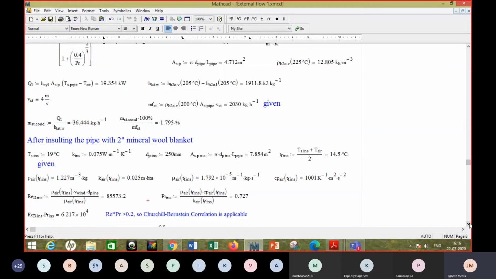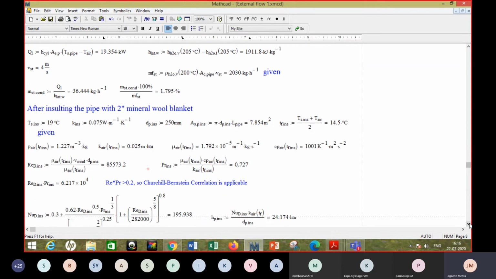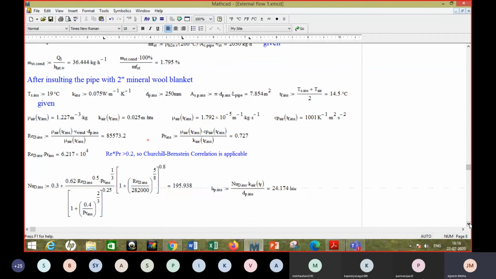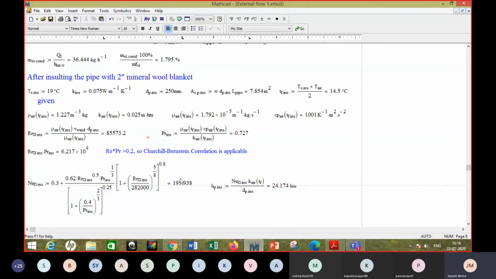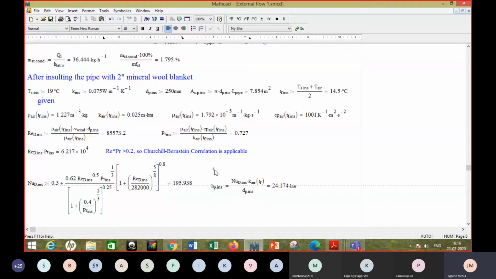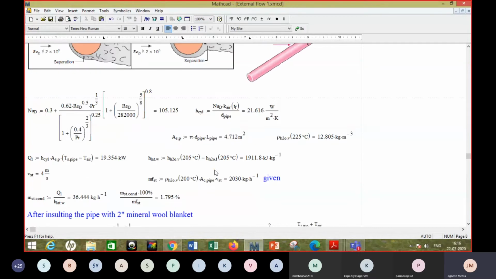Now, whether that higher value is increasing the convective heat transfer rate or not, right? Of course, the chances are very less because the temperature difference is now very, very low. But if you are more interested in, let's say, H, then let us try and compare the value of H that you get. Now these calculations, we may not have enough time for you to do now. You can do it later. So new Nusselt number is around 196.